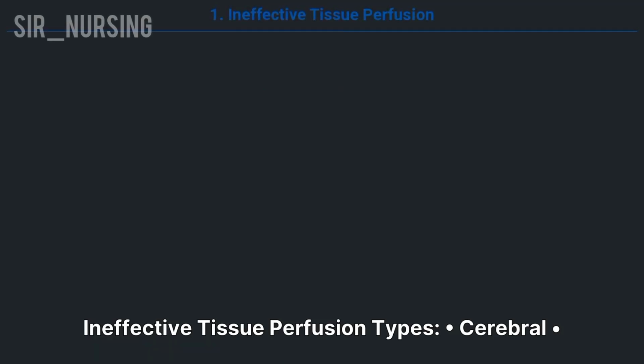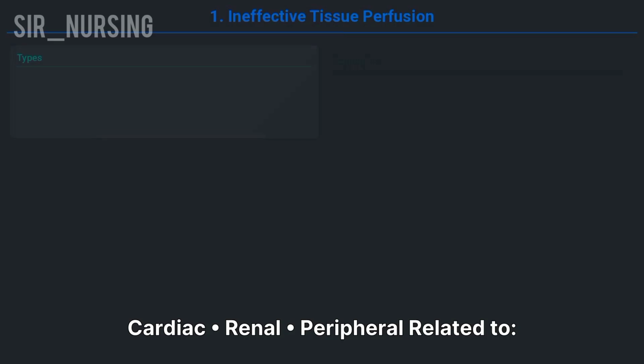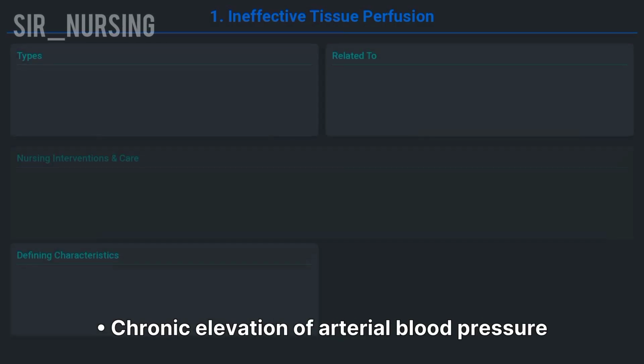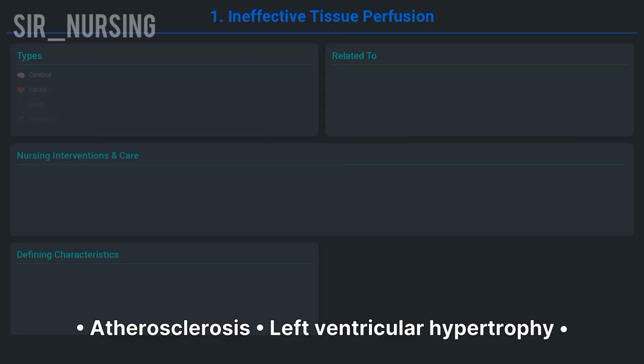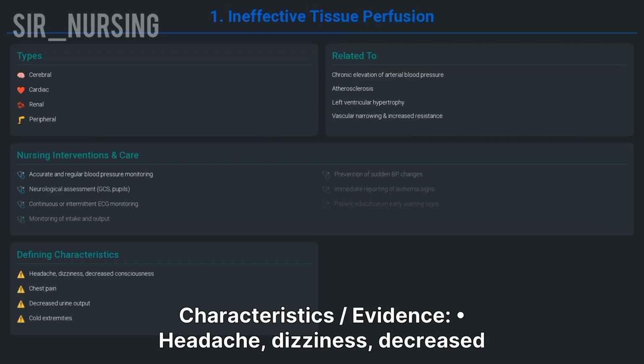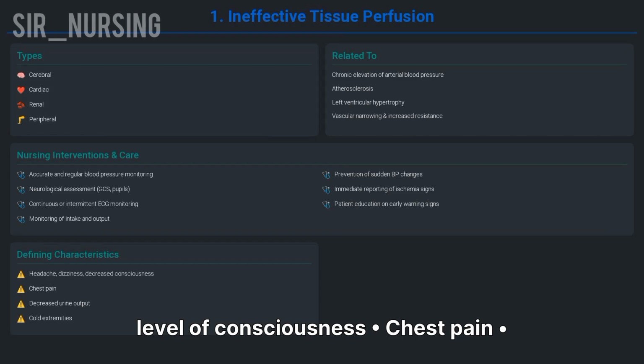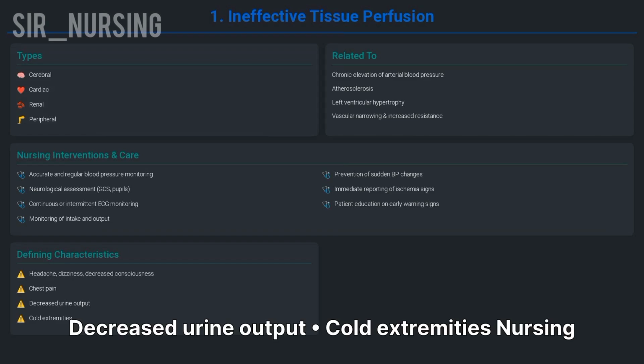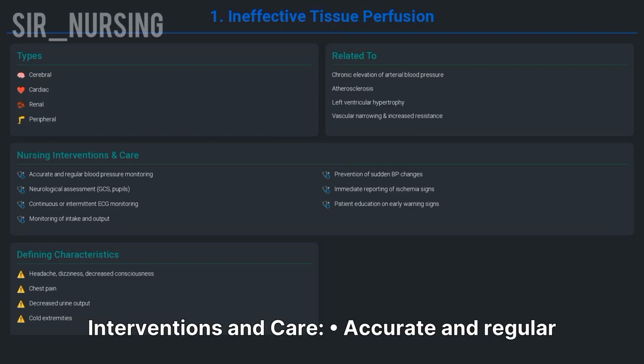Ineffective tissue perfusion, types: cerebral, cardiac, renal, peripheral, related to chronic elevation of arterial blood pressure, atherosclerosis, left ventricular hypertrophy, vascular narrowing, and increased vascular resistance. Defining characteristics, evidence: headache, dizziness, decreased level of consciousness, chest pain, decreased urine output, cold extremities. Nursing interventions and care: